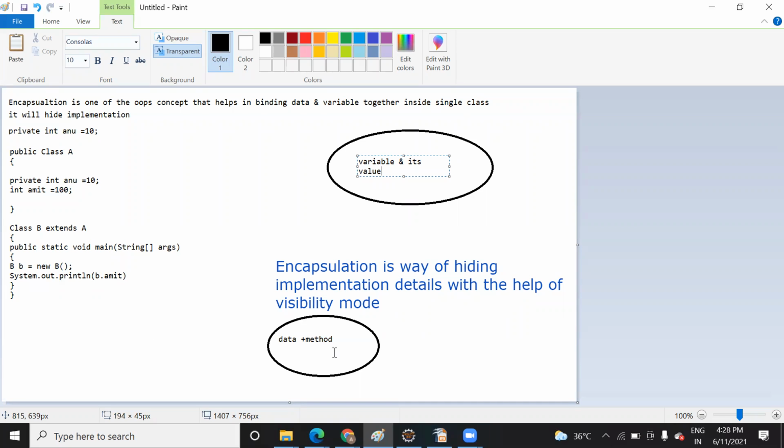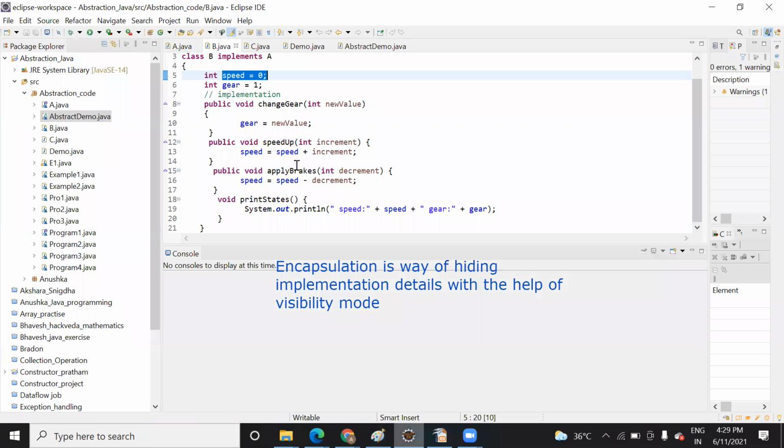So how do we do that? When we declare a method private, then that method will bind the data also, meaning that method will make the data also private. Suppose you make this private, it means that this method will be private, and whatever variable you are reading inside will also become private.